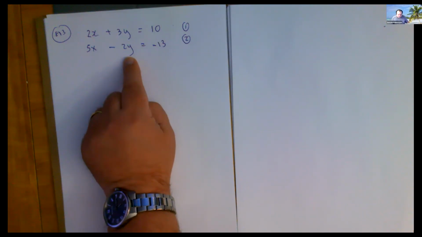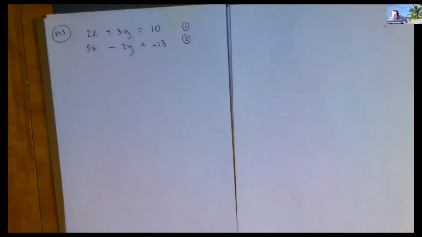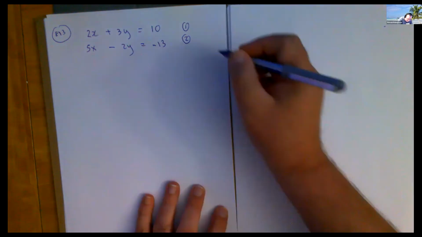So what we have to do in this last situation is adapt to what we did in the previous one. Can you remember what we did in the previous one? We multiplied one of the equations by a number. So all I'm going to do is multiply both equations by a number, right? Fix the first and the second. So now I have to figure out